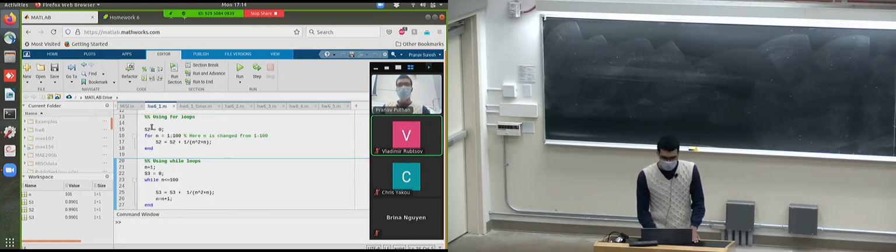So when you use a for loop, you are setting the value of S2, let's say any temporary value, to 0. And then you're using the for loop and varying the value of n from 1 to 100, and then updating the value of S2 as you're going. In the third case, in the while loop, you have to set n and the value of the sum, a temporary variable. The temporary variable is 0, and the value of n starts at 1. And while n is less than 100, the loop keeps operating on the values of S3 and then incrementing as